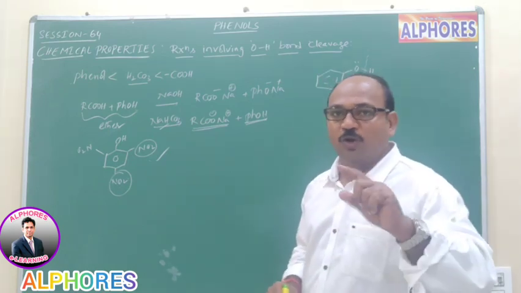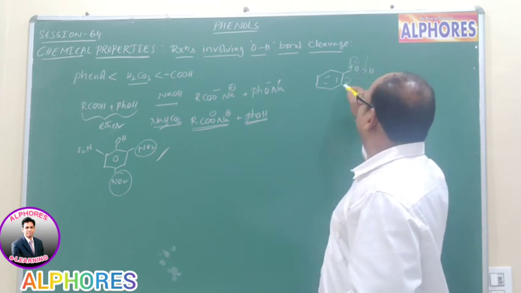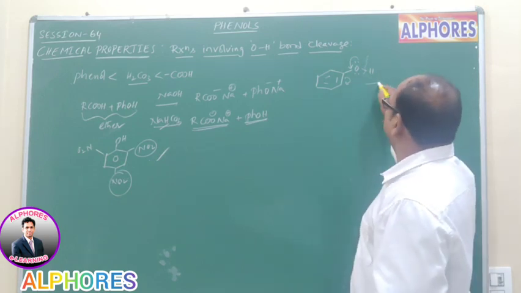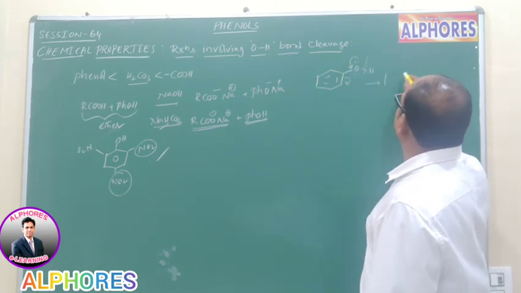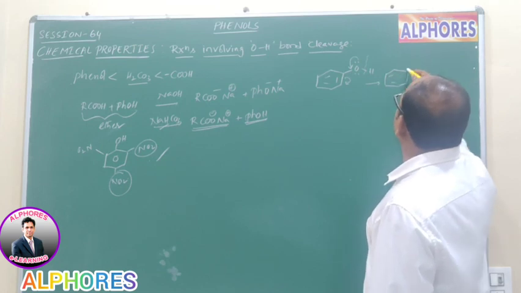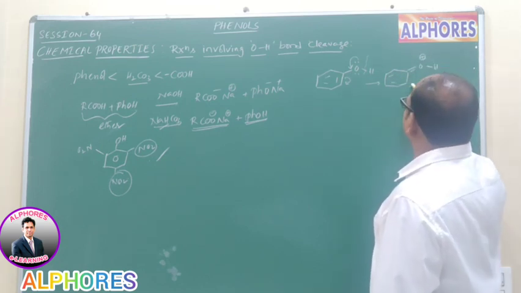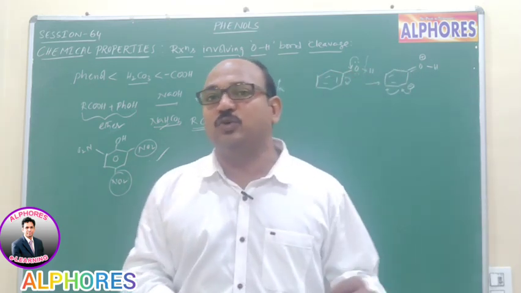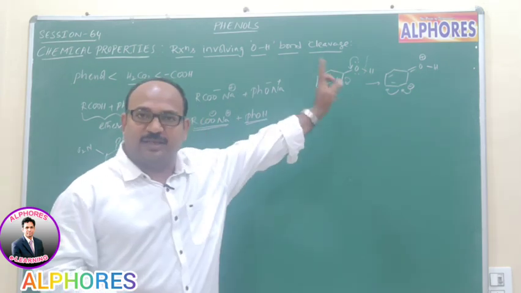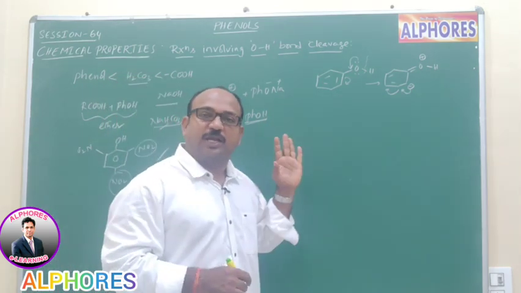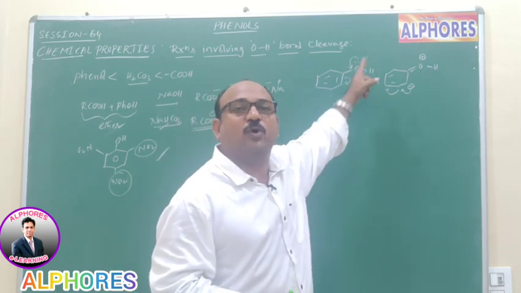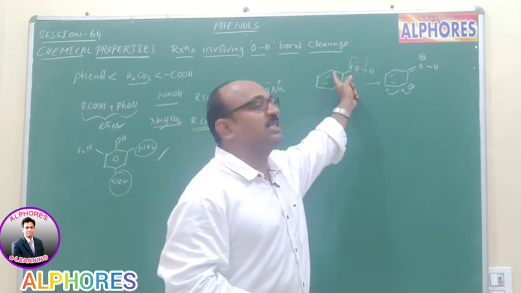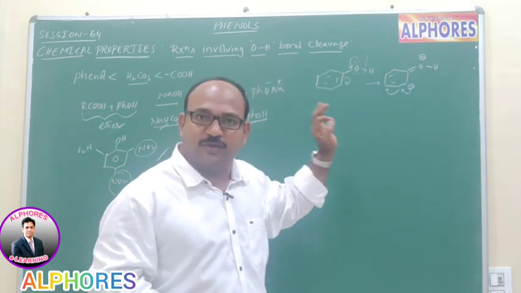Is there any scope? No, because in phenol the lone pair on oxygen participates in resonance with the ring. Because of this resonance, carbon-oxygen double bond character develops. Because of the presence of this partial double bond between carbon and oxygen, the tendency to break the C-O bond obviously decreases. That means it is not easy to displace the whole OH group attached to the phenyl ring. So C-O bond cleavage is very difficult.